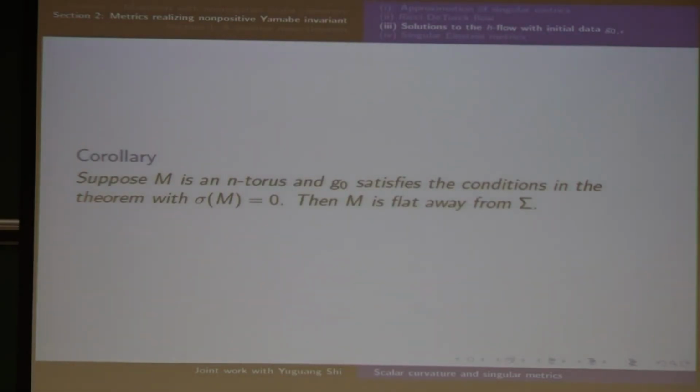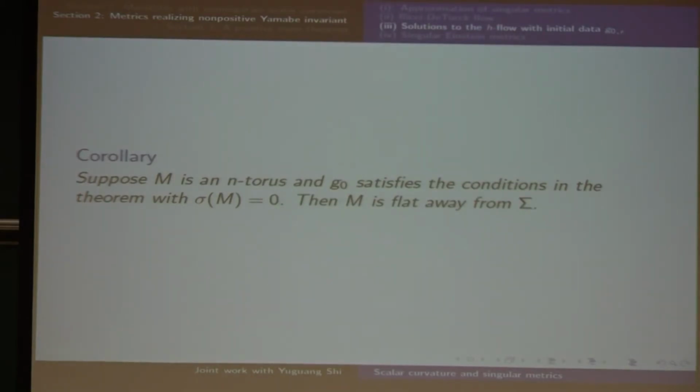Then suppose the initial metric has non-negative scalar curvature outside the singular set, then we can construct a family of metrics on the torus so that the scalar curvature is still non-negative. Therefore, we can apply previous results to show that g_t must be flat. Then let t go to 0. Other than at this singular set, everything is okay. The convergence is okay. Therefore, the initial metric should be flat away from sigma. So that is the proof